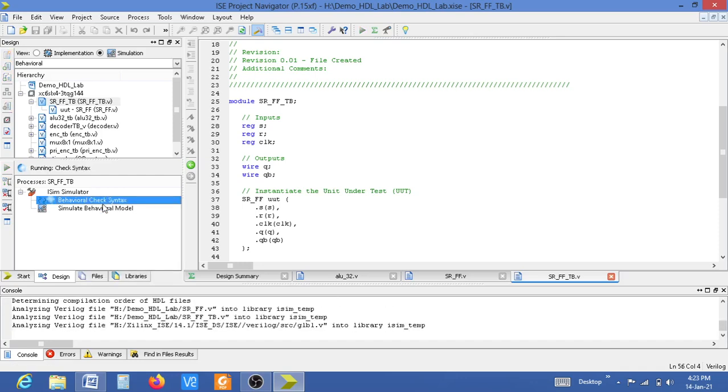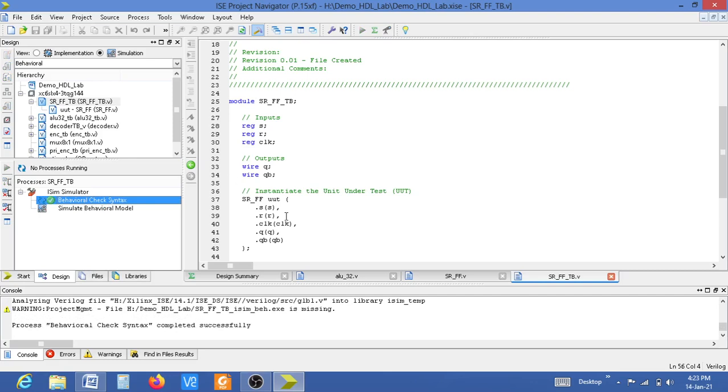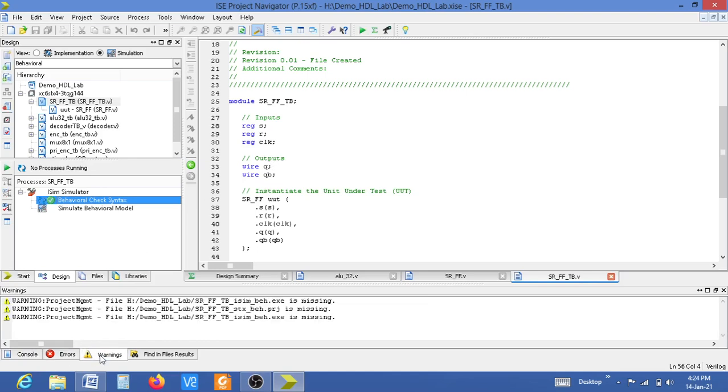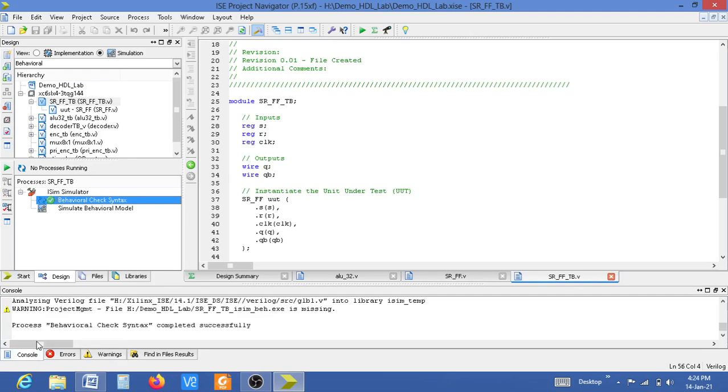Once you click on run, it will check the behavior of this flip-flop, and if any errors or warnings are there, it will show here. You can see there are no errors and no warnings, so check syntax is completed successfully. Now click on simulate behavior model.